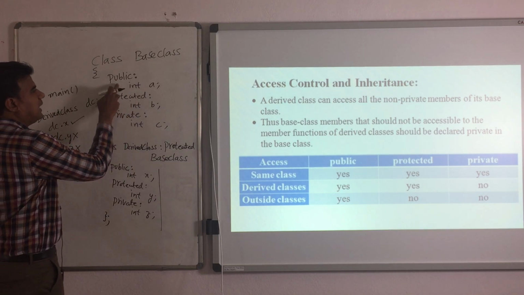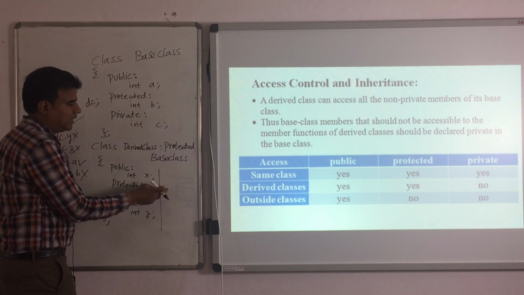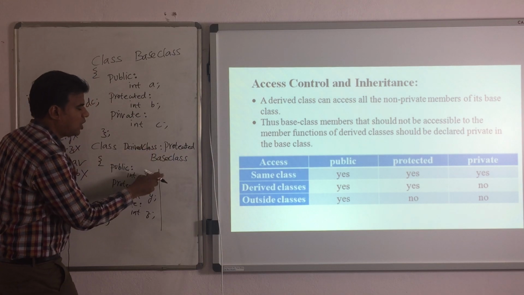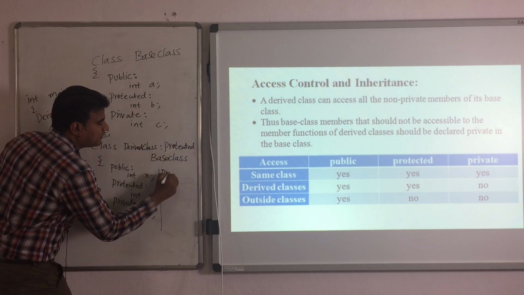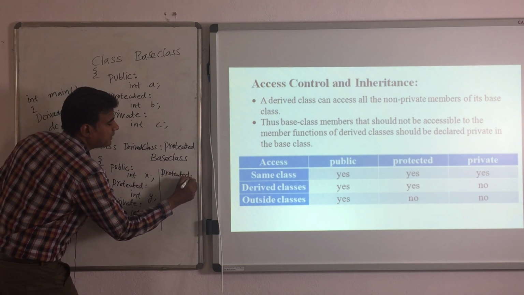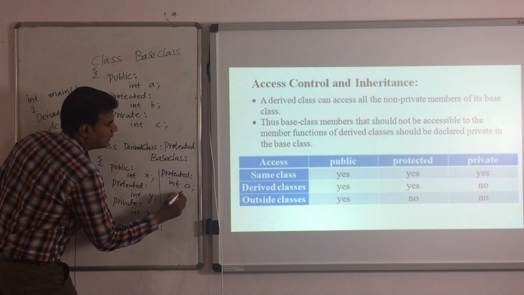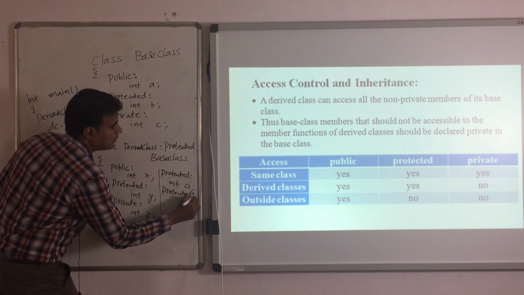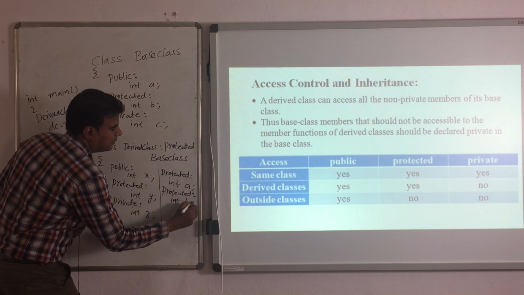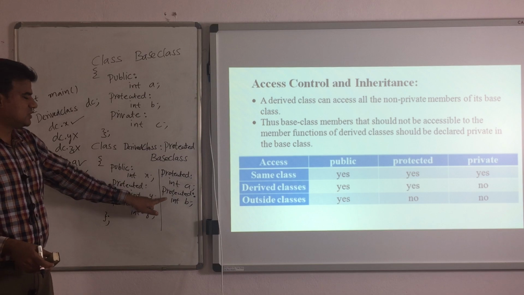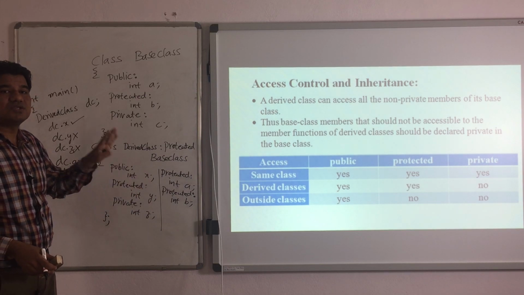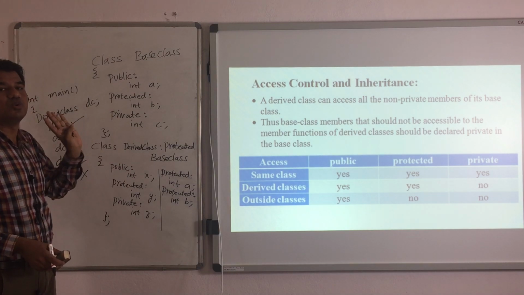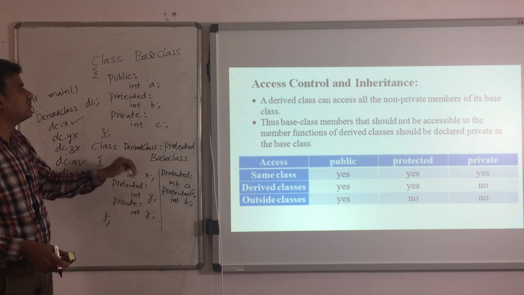So public A will become protected in the derived class because our mode of inheritance is protected. So what I will get over here is protected int A. Clear? Then protected int B. Like this. So what will happen is whatever data members you have that are public will become protected, and whatever data members you have that are protected will remain protected in your derived class from the base class.